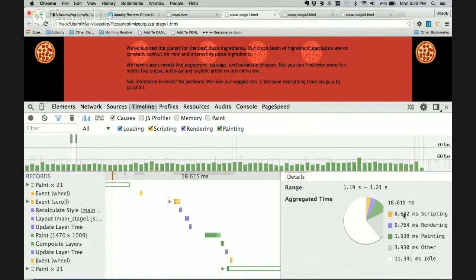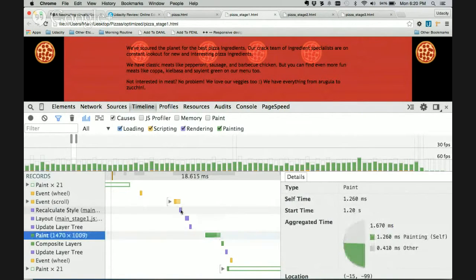And actually, just to meet the minimum qualifications, this is good enough. We still have a couple of other things that we could optimize, especially the paint here, because the green bars here, and a little bit of the purple bar here, are actually the layout. Remember